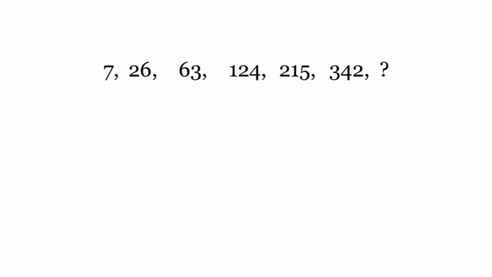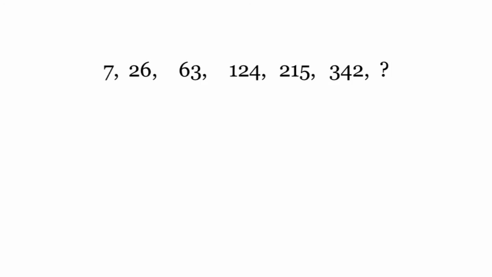7, 26, 63, 124, 125, 342. If you find differences, the problem gets more complicated because in the span of just 5-6 terms, 7 is becoming 342. So series is rapidly increasing. Whenever series is rapidly increasing, difference method may not work. Then find ratios. 7 multiplied by what will give you 26? 26 multiplied by what will give you 63? No, we cannot identify any pattern. Then